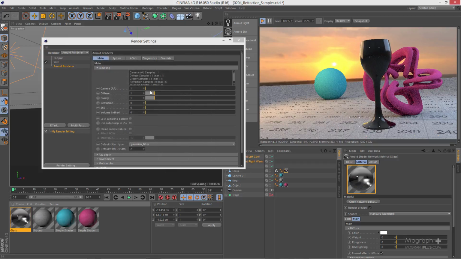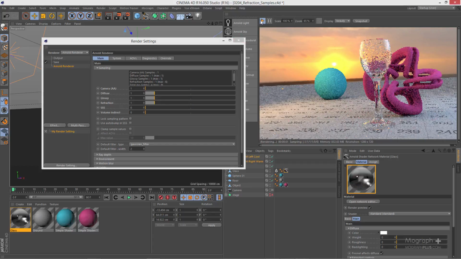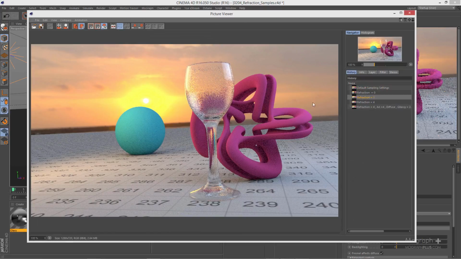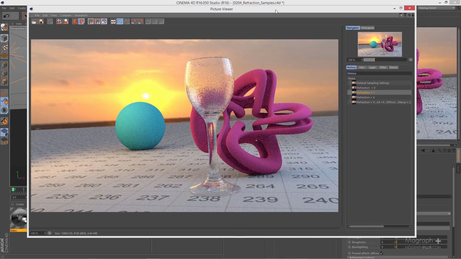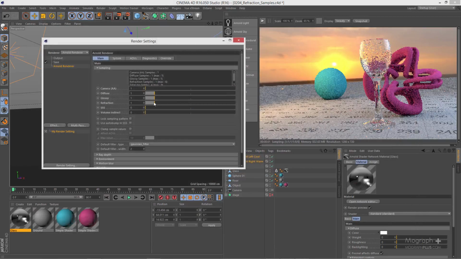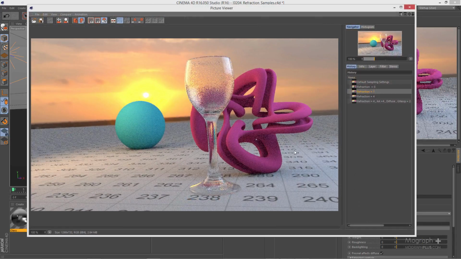Now let's increase refraction samples to 1 and stop the IPR. If we render this scene with the current setting that we have, the result would be like this picture in the picture viewer. There you go. As you can see, the glass and the rest of the scene is very noisy. Now let's increase the refraction samples to about 4. And if we take a look at the render with the current setting, you can see we have increased the quality of our glass